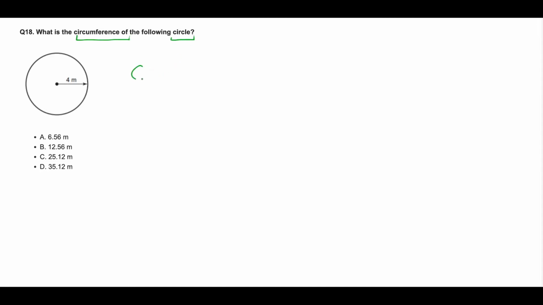So when you're finding the circumference of a circle, the equation you need to know is circumference equals 2 times pi times r, where r is the radius of the circle. You also have this equation, which will tell you the circumference: circumference equals pi times diameter. But these are the exact same thing because it uses the idea that the diameter is twice the length of the radius. Remember, the diameter of a circle goes from one end all the way to the other,